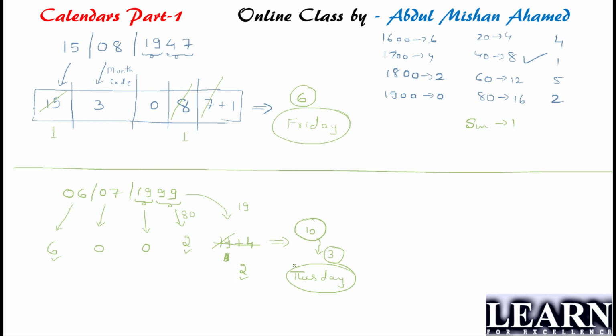Now Kirtana has asked, sir, how did 15 change to 1? You are talking about this case, right? Whenever we have bigger numbers, Kirtana, we divide that number by 7 and take out the remainder. Instead of adding a big number and then taking out the remainder, we take out the remainder whenever it is possible. Is it clear?